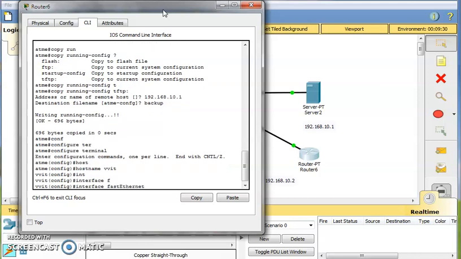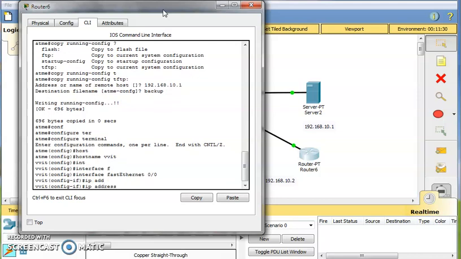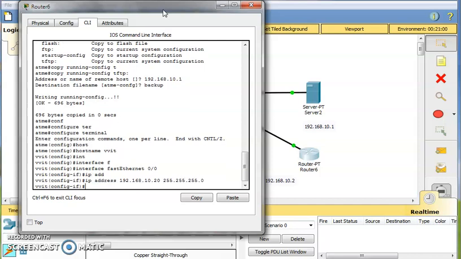Interface fast Ethernet 0/0, IP address 192.168.10. Initially it is 2. Now I will change it to 20. 255.255.255.0.